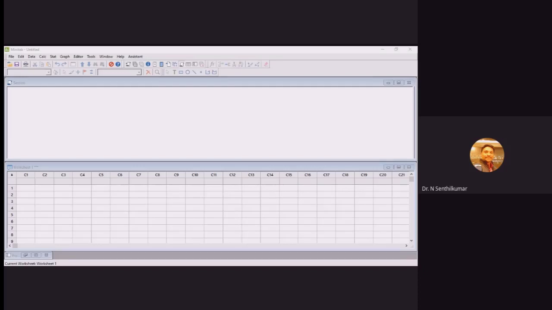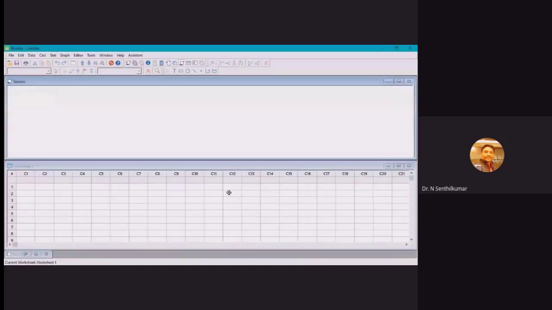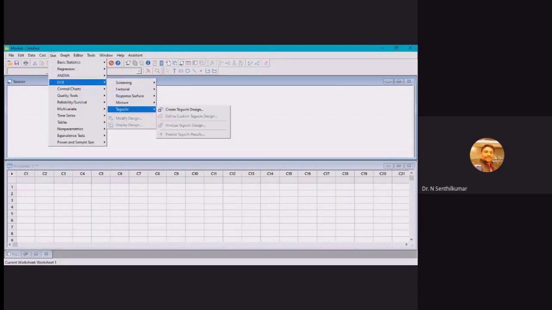So I will be moving fast, sorry for this, so that we can see an example in the Minitab software. Everyone will be seeing my screen, this is Minitab 18. You can download a 30 days free trial, and you can also purchase a licensed version. This is very good for Taguchi. Now I am going to work on a simple Taguchi problem. I'll be moving a little fast because of the time constraint, because I have taken most of your time today. So start, DOE, Taguchi, then Create.